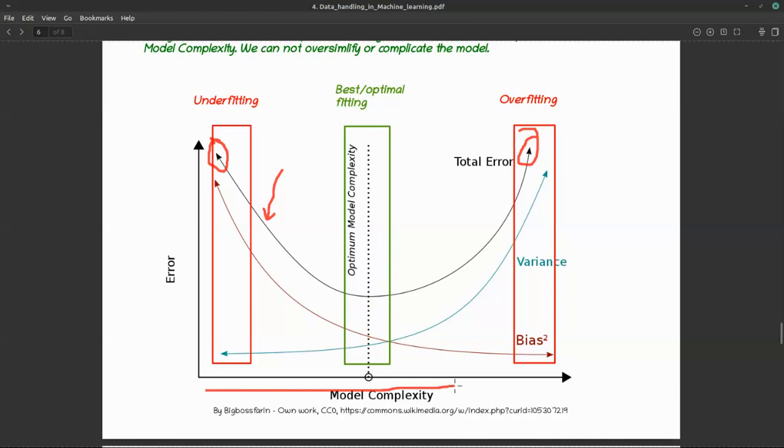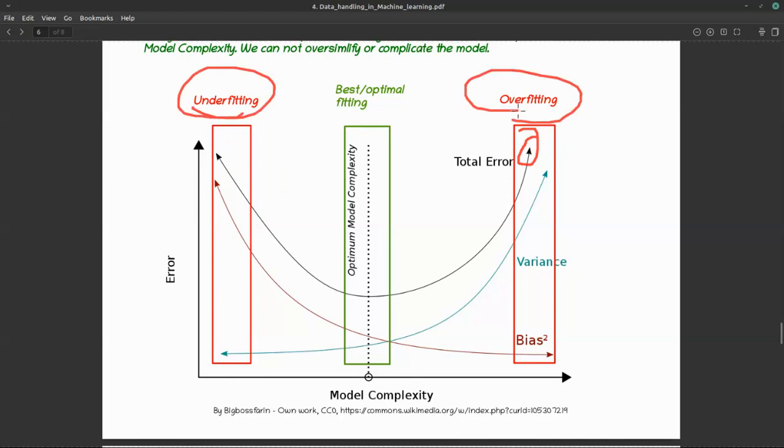And this is the model complexity. If you observe on this x-axis, I have model complexity, right? As the model complexity increases, variance increases and bias decreases. When model complexity decreases, that means k equal to 1,000 or the number of data points, my bias would be very high, but variance would be very low. So total error would be high. That is underfitting, and this is the overfitting case. Correct. So this graph is very useful to understand underfitting and overfitting.